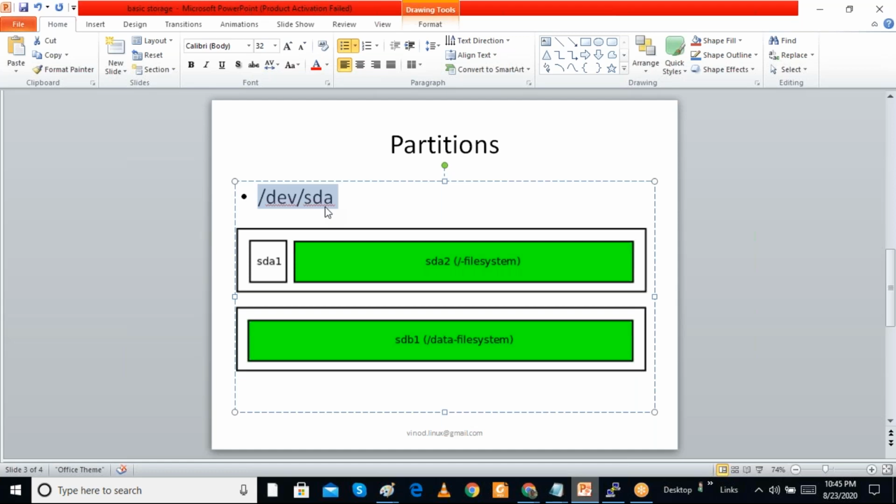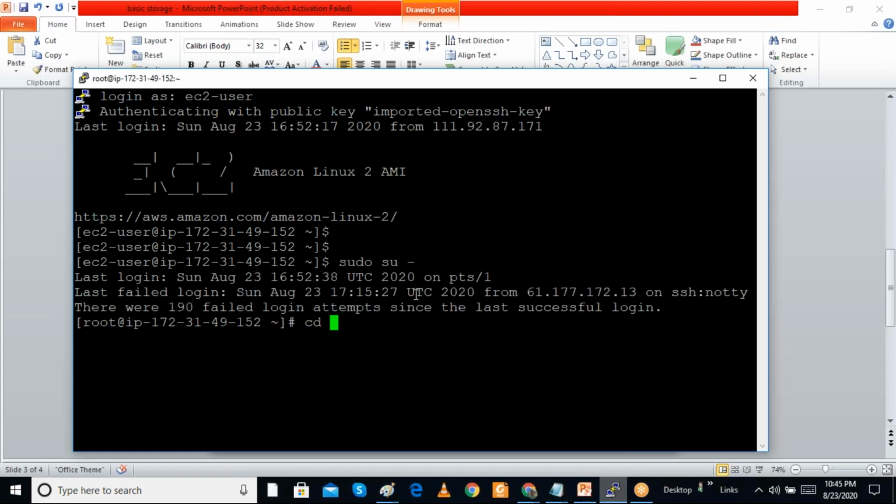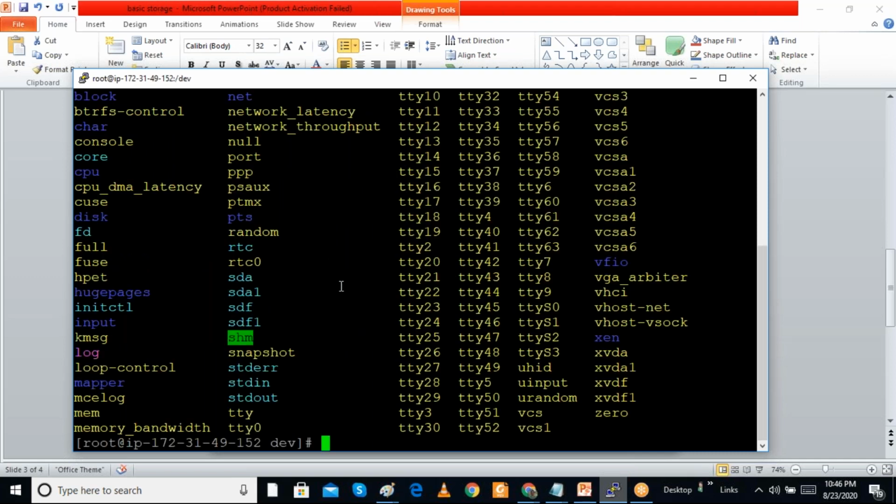When we create partitions, the partition number will follow: sda1, sda2, sda3. We can go to the DEV directory and check it. Logging in to the Linux system, when we go to the DEV folder, we can see every hardware device has a corresponding device file, sda, sdf, all these things are coming.